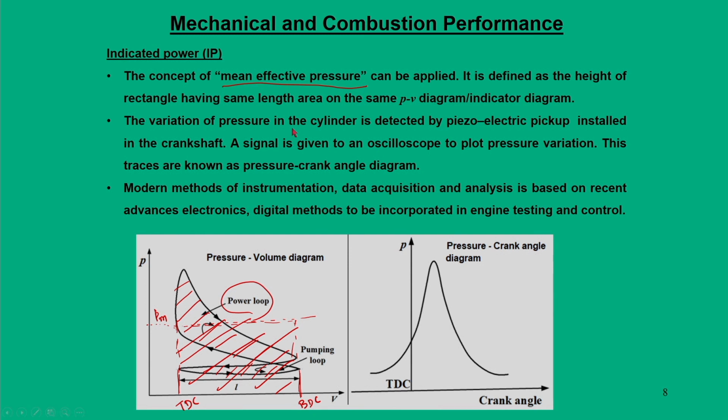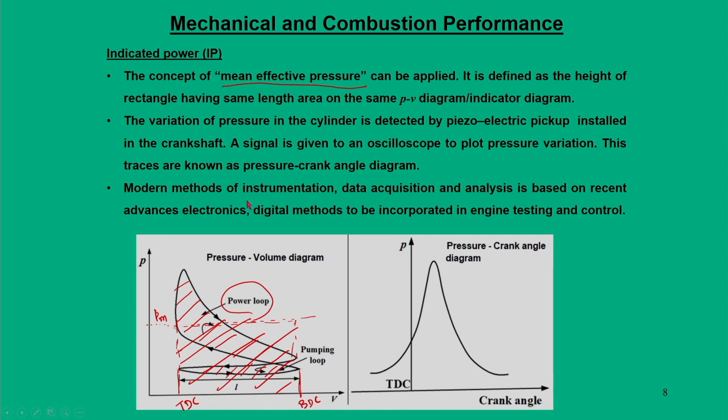Okay. So, there are standard methods in which this pressure volume diagram can be drawn, by a mechanism we call a piezoelectric setup, which is installed in the crankshaft, and from this crankshaft we will get a signal that can be recorded in an oscilloscope to plot the pressure variations, and this is known as pressure crank angle diagram. So, basically from the pressure crank angle diagram we can get back this indicator diagram,